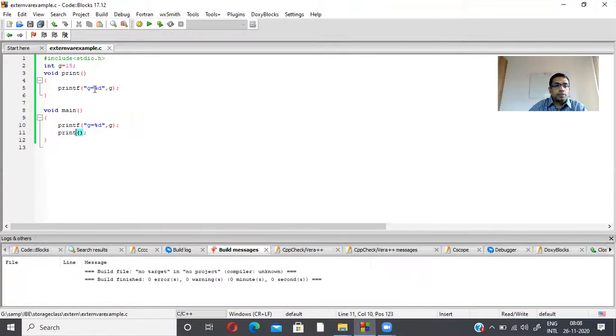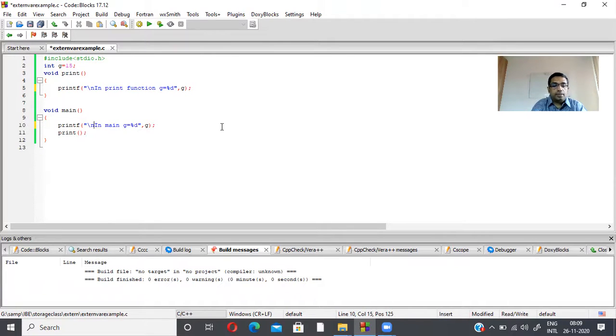For clarity, I'm giving in the print function, g equal to %d, with a newline character. And here in main, g equal to %d, for clarity.